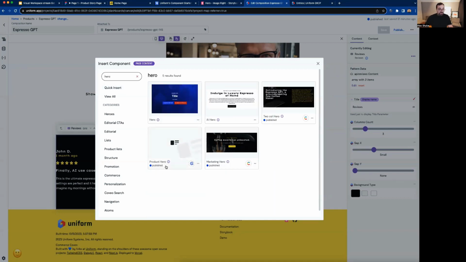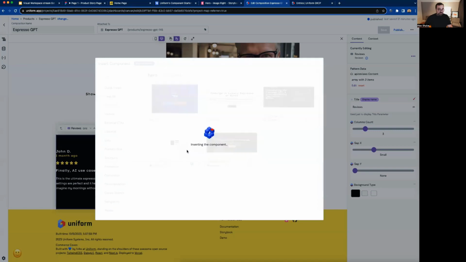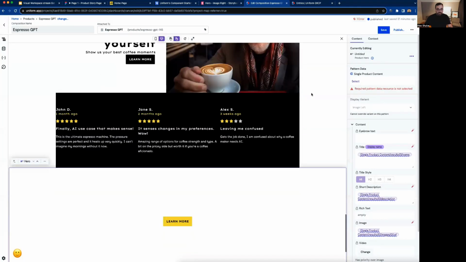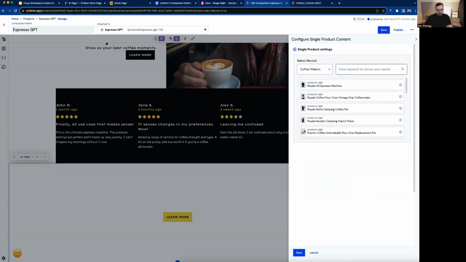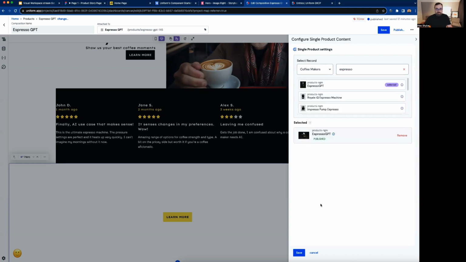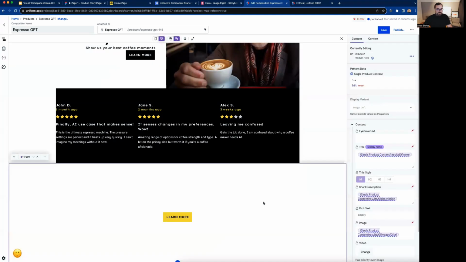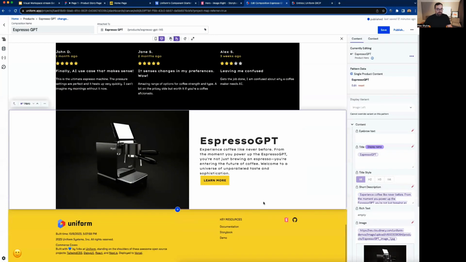This is our brand new product here, and you can see it's already wired up to Algolia. And all I need to do is pick the actual product that I'd like to display. So Espresso GPT is the one that I need. I'm now going to click save. And that's it. Because the pattern is already pre-configured with all of the connections, I don't have to worry about